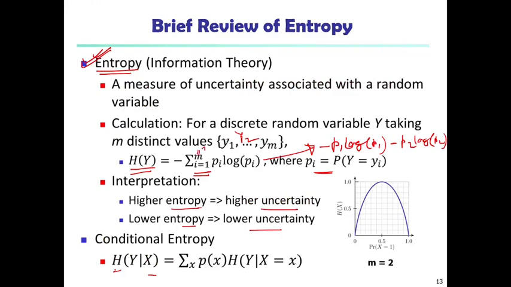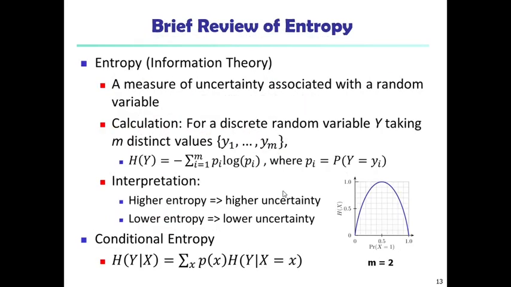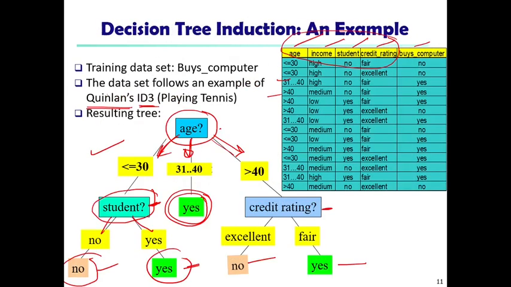Let's say binary classification, n is 2. So this is minus p1 log p1 minus p2 log p2. Okay, such kind of thing. And then the information needed, info A. Let's say I want the information for attribute A. So attribute A is which one? Let's say this is my attribute A. Age is my